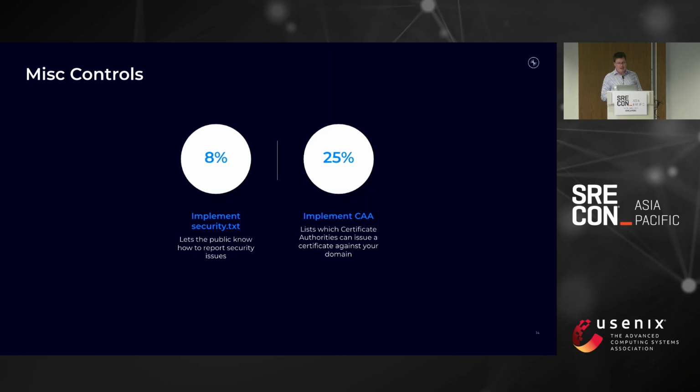Finally, 8% of domains have a security.txt record. This is a relatively new RFC. The draft had been in draft for probably 4 or 5 years. And then final good news, 25% of domains have CAA records, which states which certificate authorities can issue certificates for